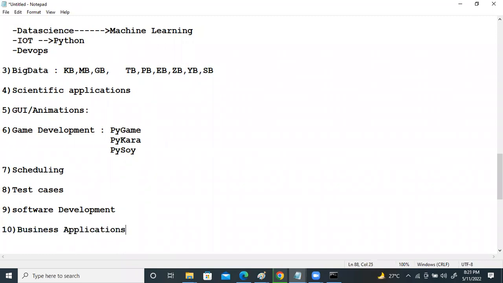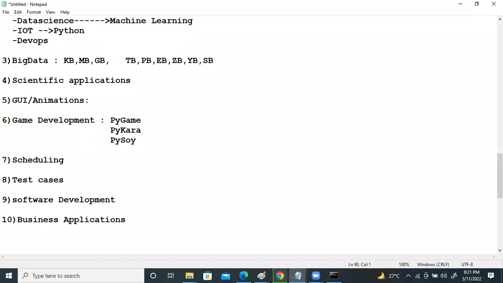Python is one of the best choices to develop e-commerce systems and e-commerce websites. And one of the other hottest applications of Python is database applications. It can connect with any database like MySQL, Oracle, PostgreSQL, SQL Server, etc., and we can perform operations.